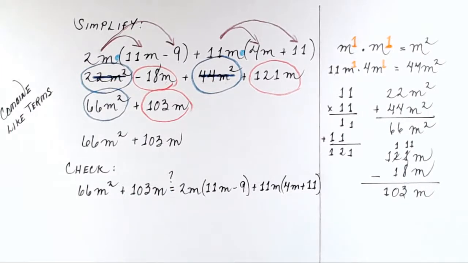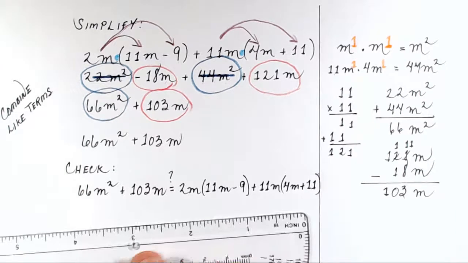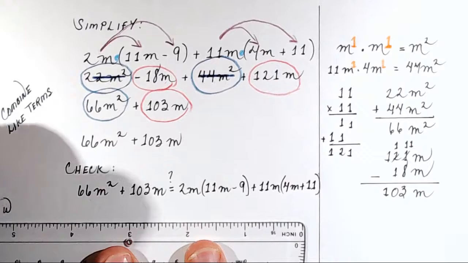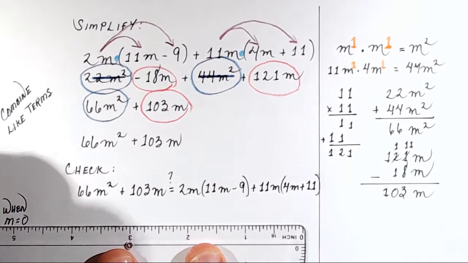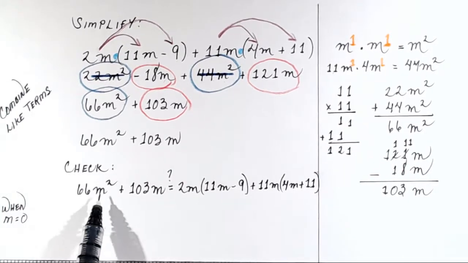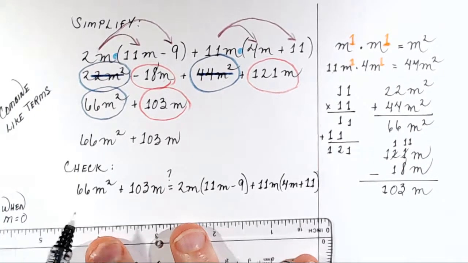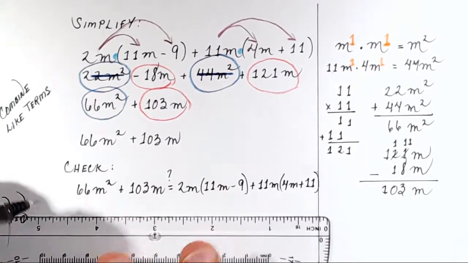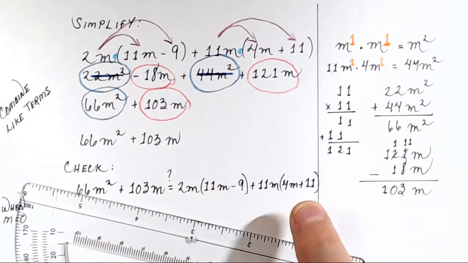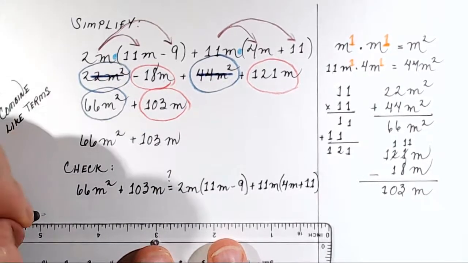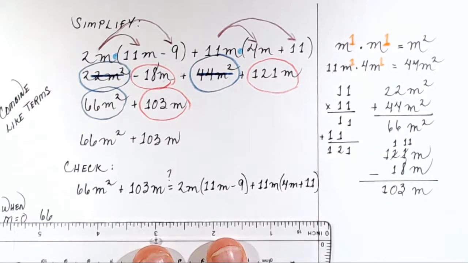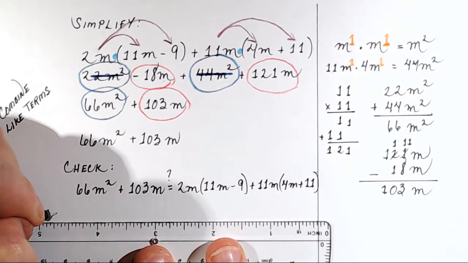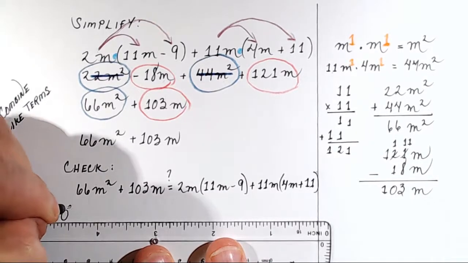Well, the way we check it is by plugging in a number. And the easiest number to plug in is 0. So let's imagine when m equals 0. Okay? So everywhere we see an m, we'll put a 0. And I'm actually going to back this up because I don't want to be running out of space over here. So over here I'll write 66 times 0 squared